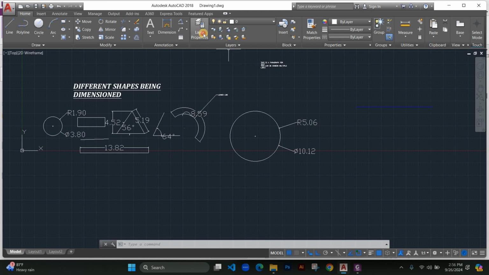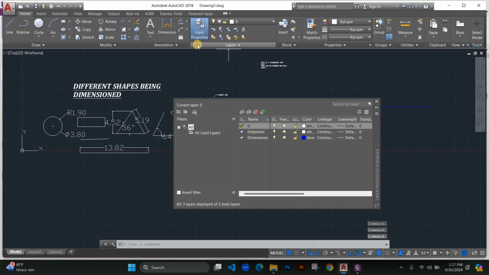Just give me a second. You can create another layer and maybe you call it